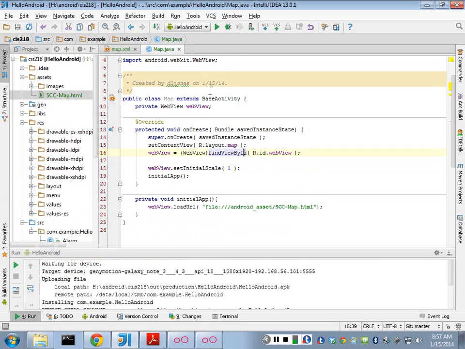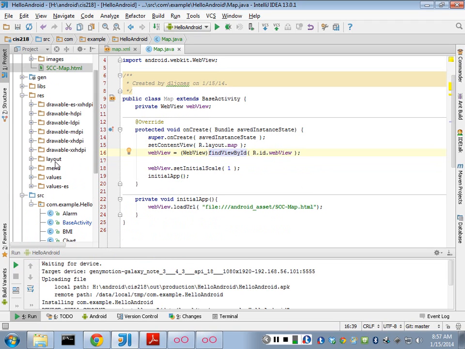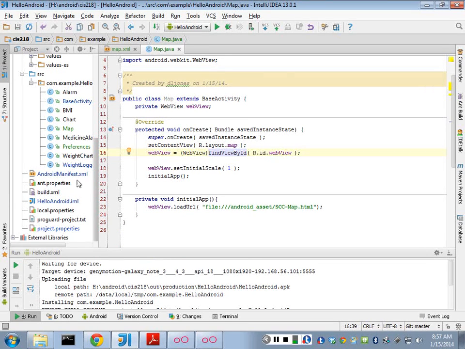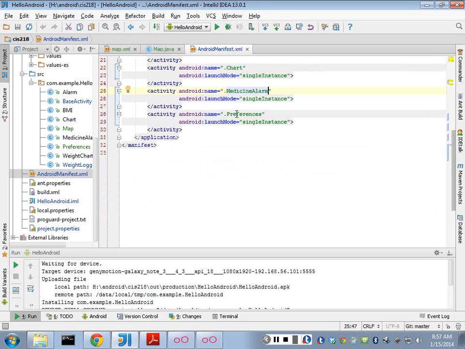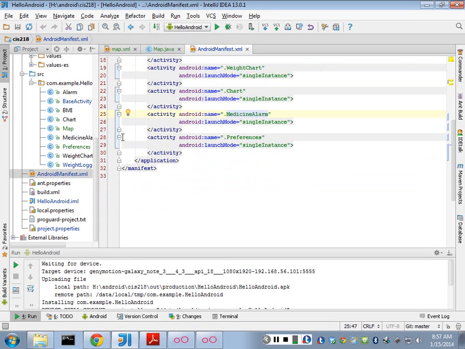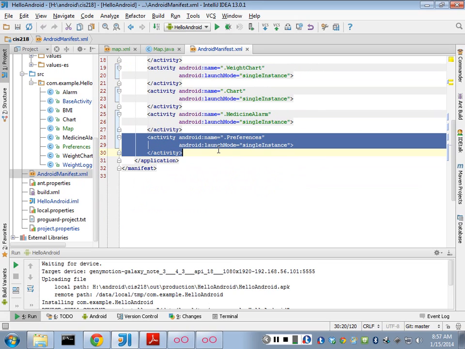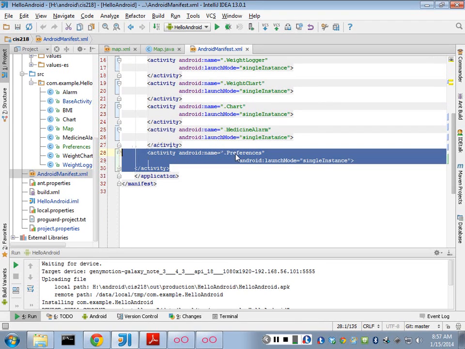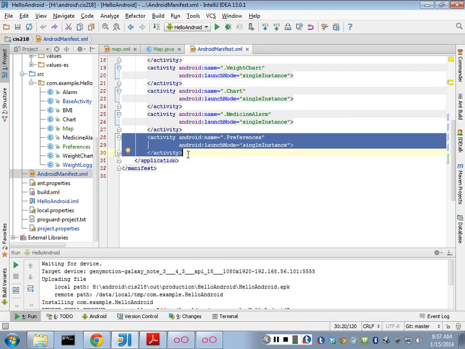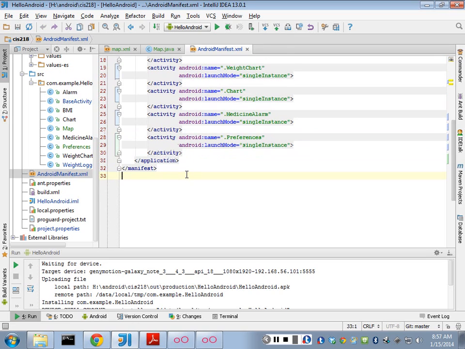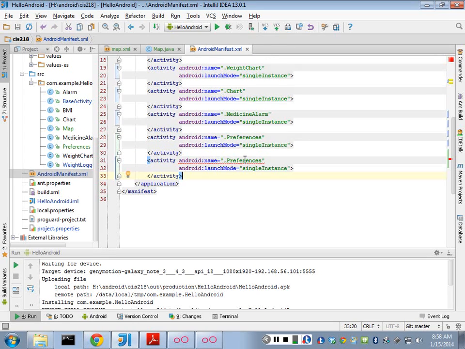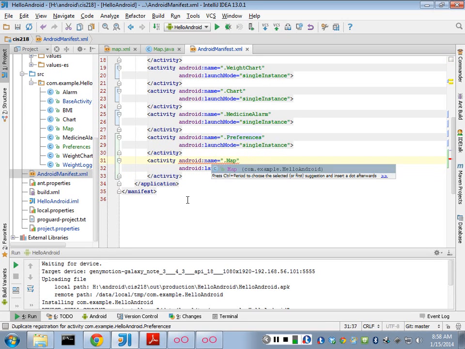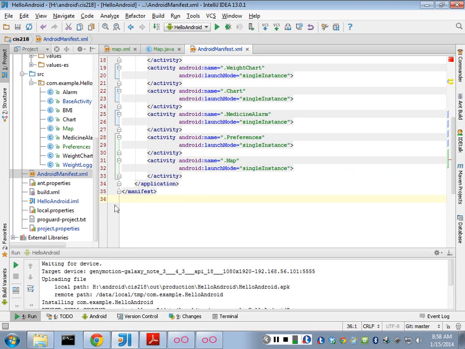So I have to add my activity where? In my menu and my manifest. So lots of places, right? So let's make sure I can get to my map. So we will copy and paste some. Come on, seriously? We'll call this .map. Single instance, good. We will go to our menu,